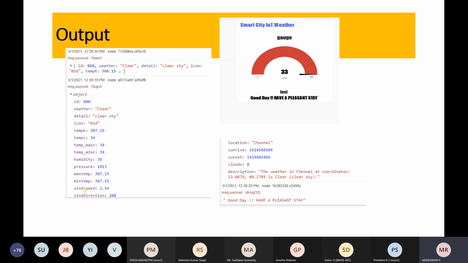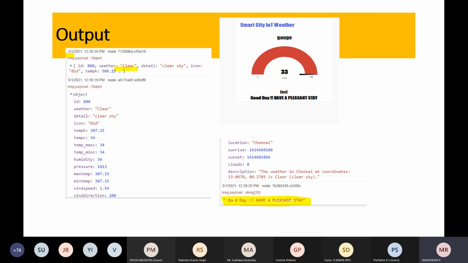So now actually this is the output I retrieved. You see my weather during that time. I did it on the 1st of March, and at that time my weather was clear. So what I did, if my weather is clear, I just sent a message, "Good day, have a pleasant stay."